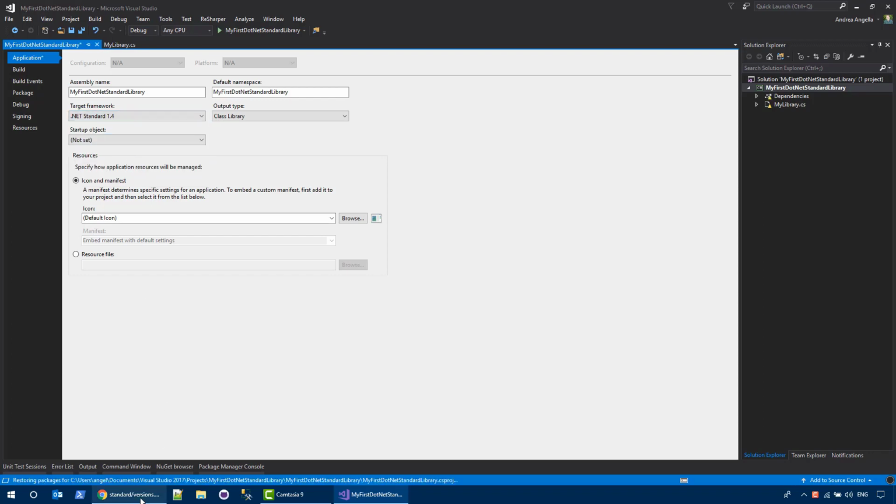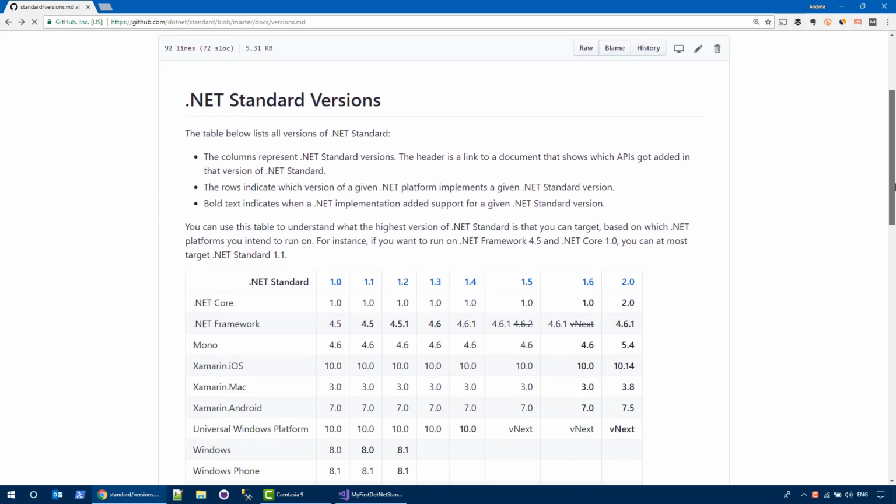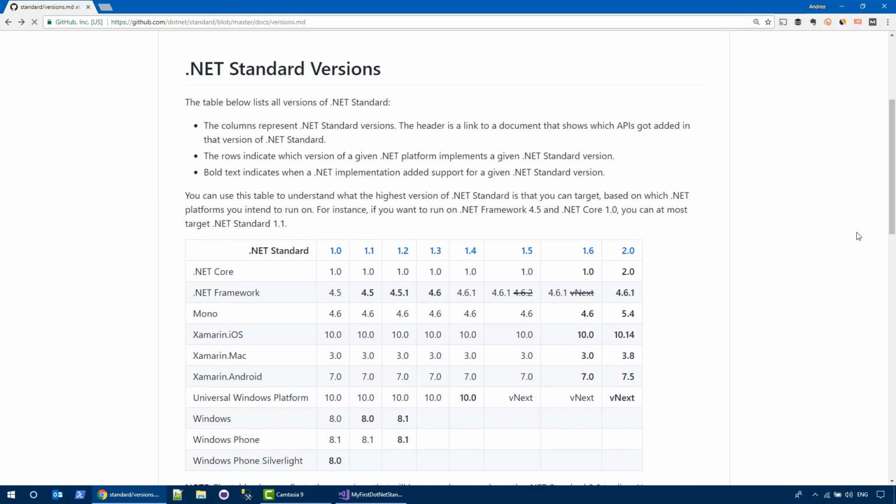So I want to show you a document that Microsoft created that is present in the .NET/standard repository on GitHub. If you go into the docs folder and click on the versions.md file, you can find a very useful matrix here that helps you to choose which version of .NET Standard you want. The idea is that you should choose the minimum version that supports the platforms that you actually want your